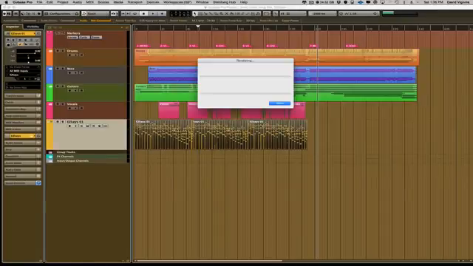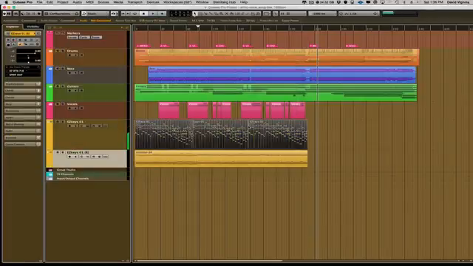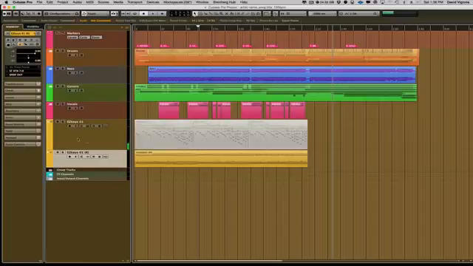And what it's going to do is render to an audio track. So you do this when you're consolidating things like the tom tracks that are all cut up. And you also do this when you want to convert MIDI to audio. You render it down to an audio track. And it's going to mute the original MIDI track. As you can see here, it's all grayed out and it's muted. So now if I solo this keyboard track,